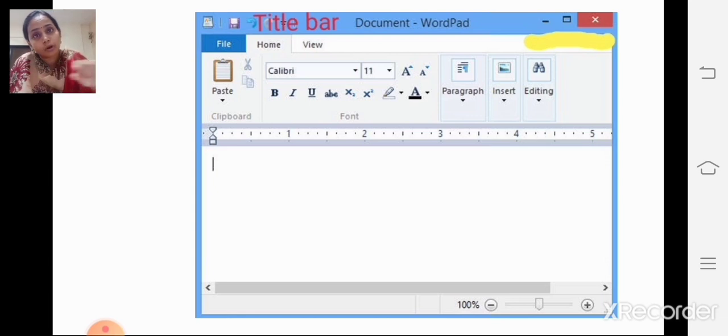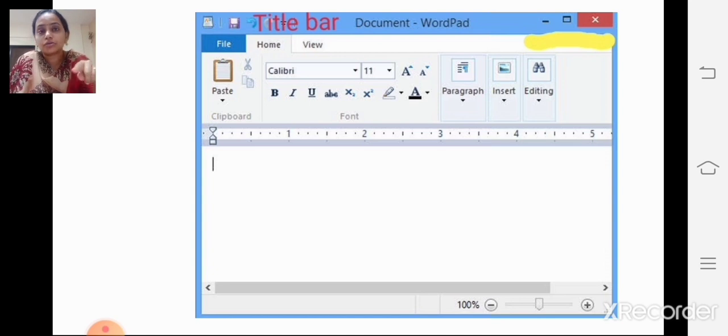Taskbar means the bar at the bottom of the screen; it will go there. Once you click again on the icon on the taskbar at the bottom, it will come back.